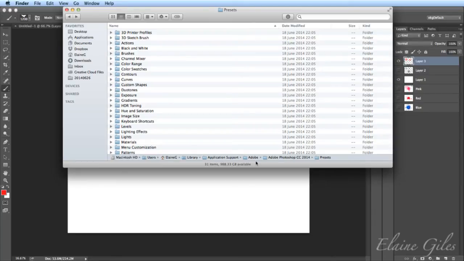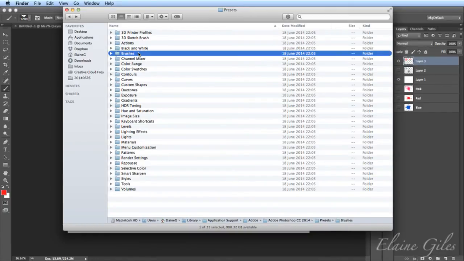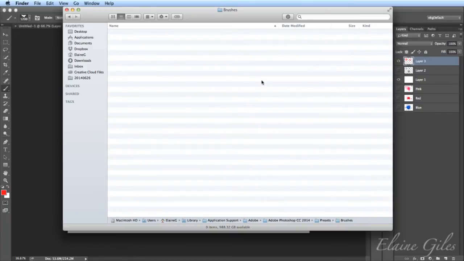Now, that's all fairly standard so far. Then move on to the Adobe folder, and then there'll be another folder, and the name of that folder will depend on which version of Photoshop you're using. Here I'm using Photoshop CC 2014, so it's that folder, and within there, Presets. And once you're in there, which is where we are at the moment, there's a whole range of presets available, and one of them is Brushes. So if you have a collection of brushes and you want those available from that drop-down menu inside Photoshop, so you don't have to go away and add them in manually by going to locate them, then put them in that Brushes folder there, and then they will become available.